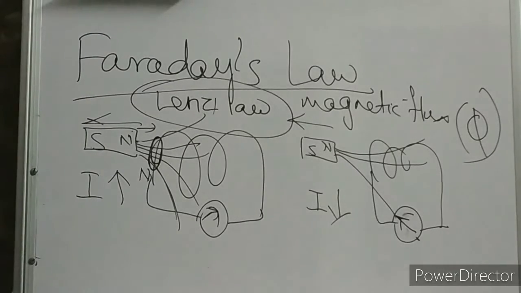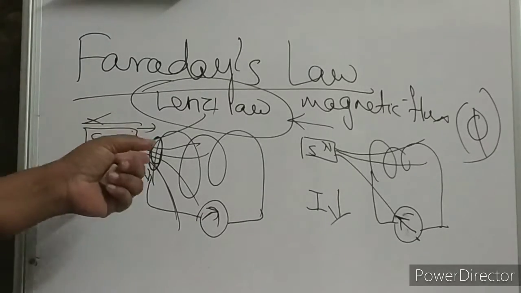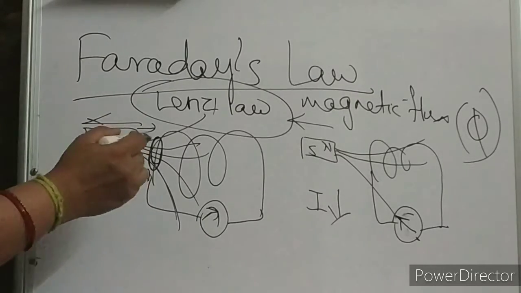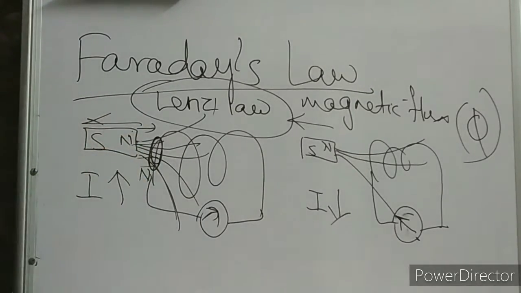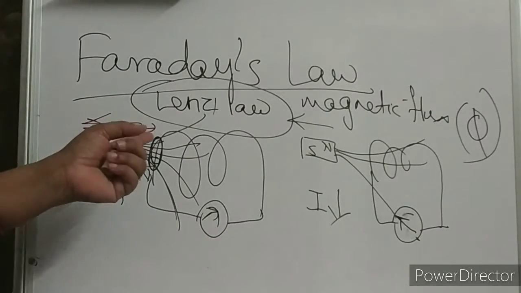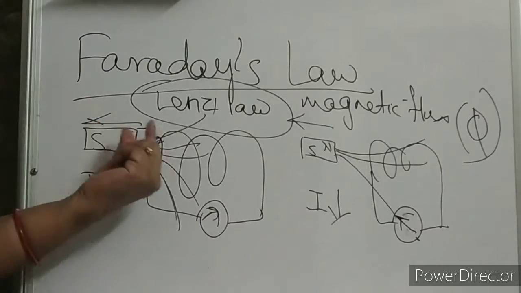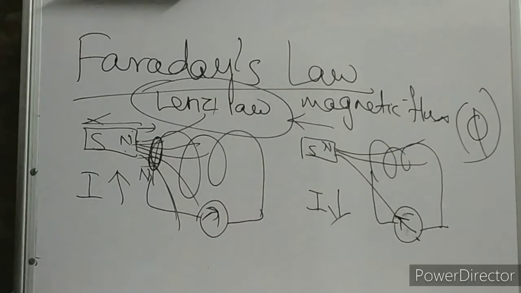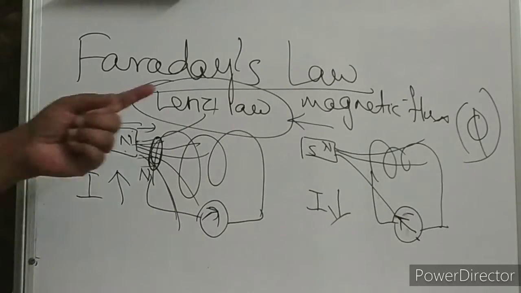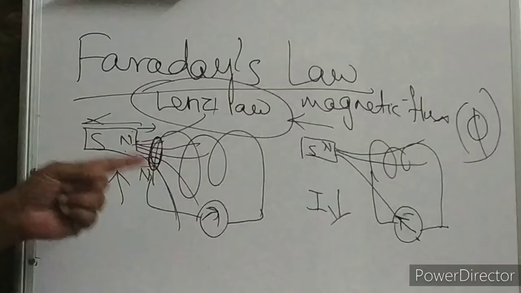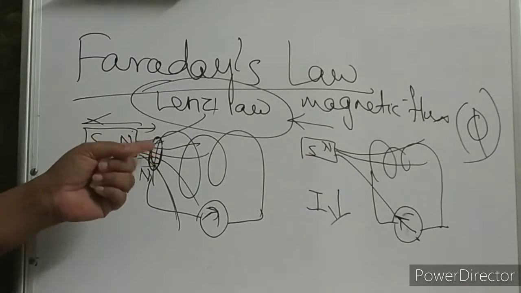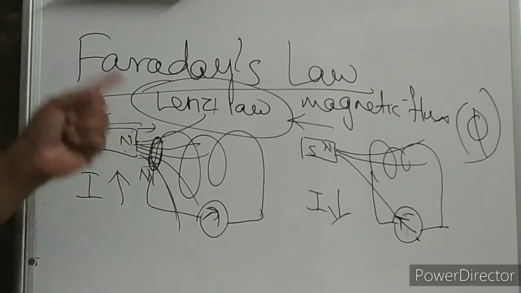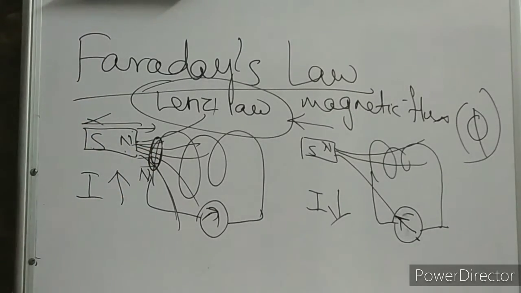Moves back. Okay, what will happen? See, this north pole means what is the direction of the magnetic field? It will be like this, outward. It will be outward. Clear, children? So here, when you are entering the north pole of the magnet towards the coil, then this induced current will induce a magnetic field on the face of the coil. Okay, and that will oppose the increase in induced current.